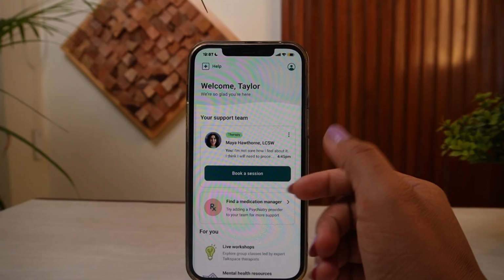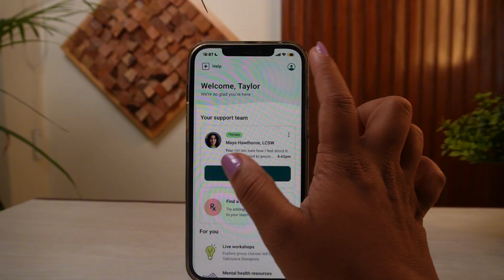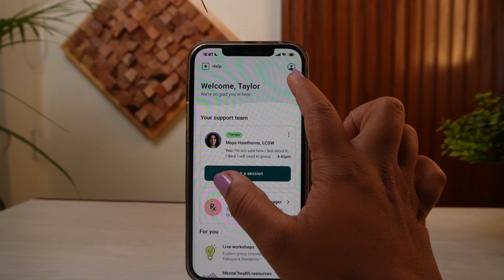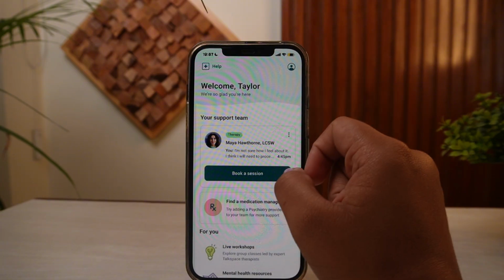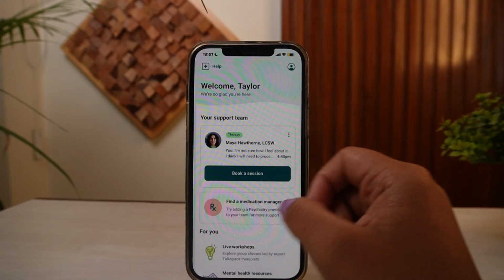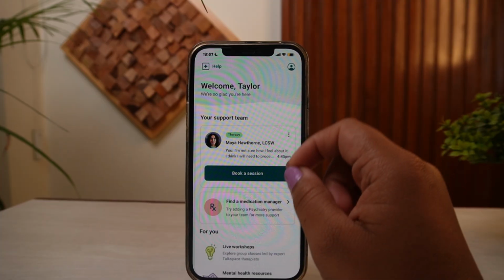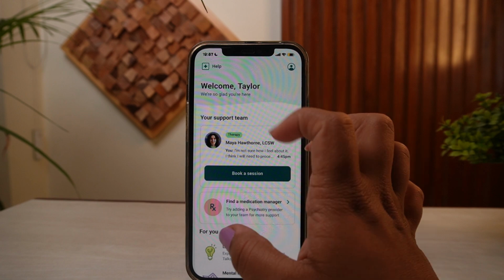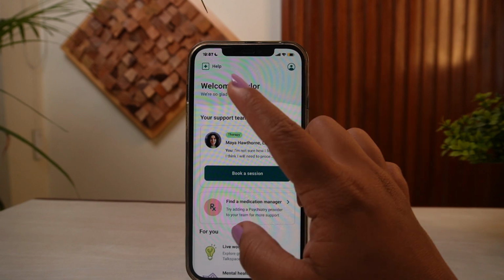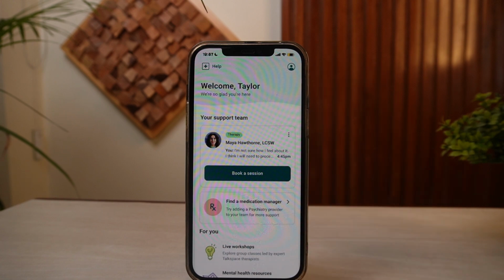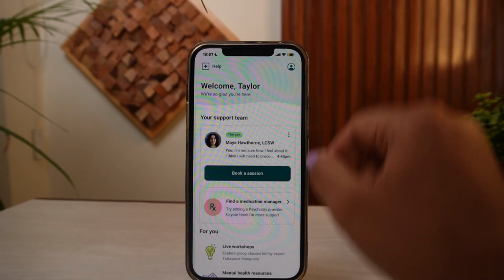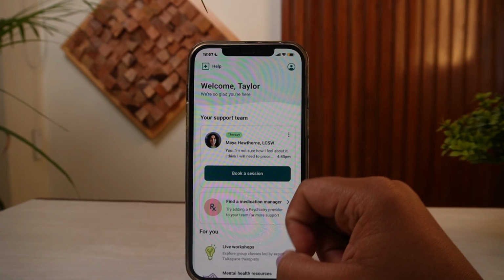So after making sure that you're logged into your account, what you're going to do is simply tap on the profile icon on the top right corner right here. After tapping on that profile icon, you'll actually be able to find the option of manage subscription. What you're going to do is keep on scrolling until you find manage subscription. Tap on it once you find it, and after tapping on manage subscription, you'll actually need to scroll all the